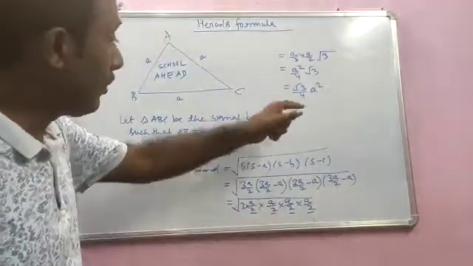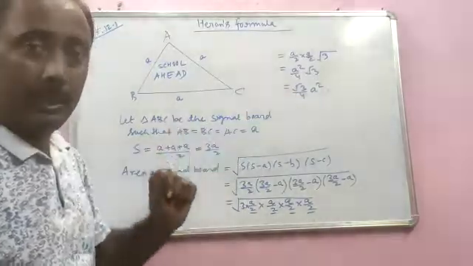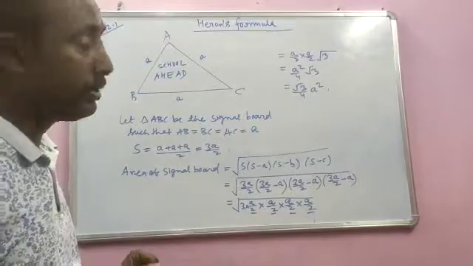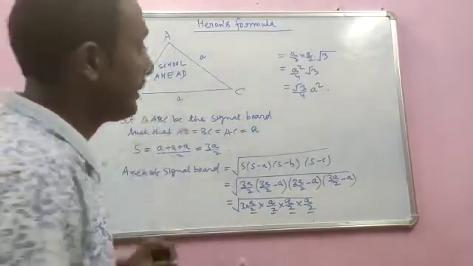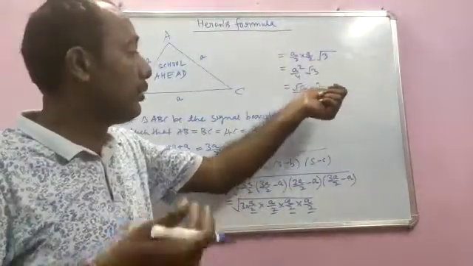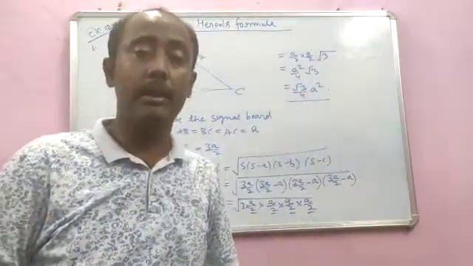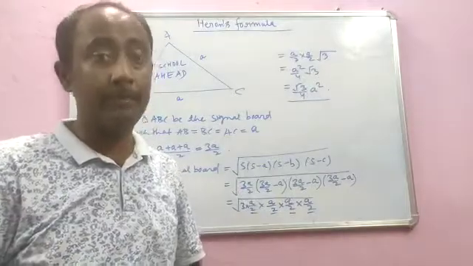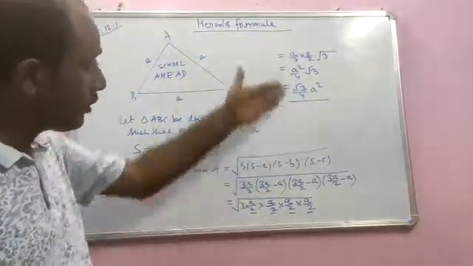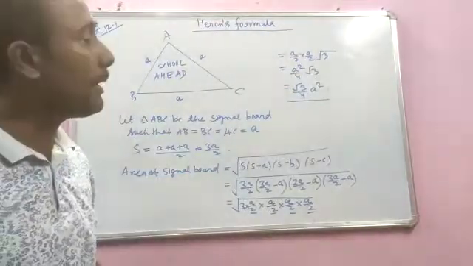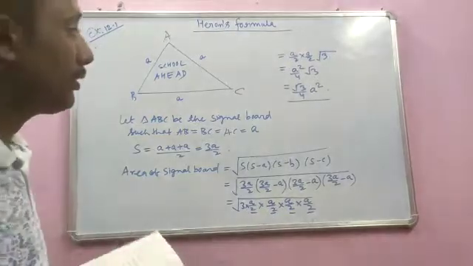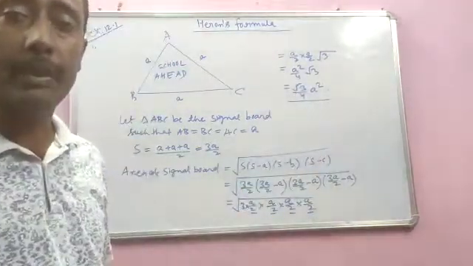Now this is very important. Sometimes we use this formula to find the area of an equilateral triangle. So this is an important formula to remember, that the area of an equilateral triangle is given by root 3 by 4 a square, which you can use for solving a short MCQ question or a short question. But if you are asked to calculate the area by using Heron's formula, this is how you will find it. So the first part of the question is over. The first part was to find its area by using Heron's formula. So its area will be root 3 by 4 a square.